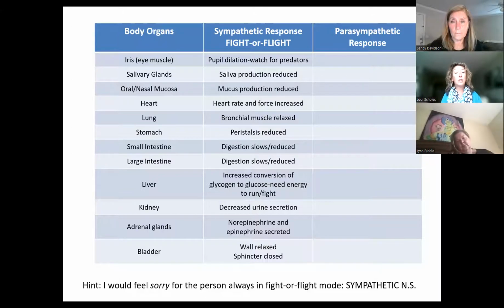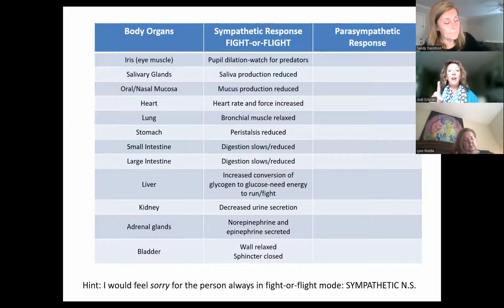And also the adrenal glands, right? The adrenal glands is something you may have seen. They produce that epinephrine and norepinephrine. So it's like, okay, that's the hormone coming from the adrenal glands that makes our heart go faster. It's okay. We're ready. We're ready. Gonna run. Gonna fight or flight.